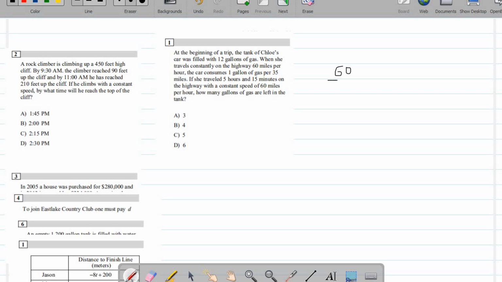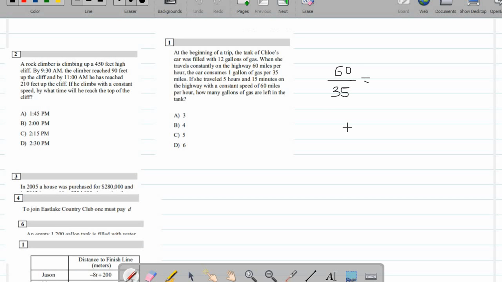if the car is consuming 1 gallon for every 35 miles, we divide 60 by 35. We'll know how many gallons of gas it consumed per hour, since it's going 60 miles per hour. So how many gallons would it consume per hour? How will we do that? So 60 divided by 35,